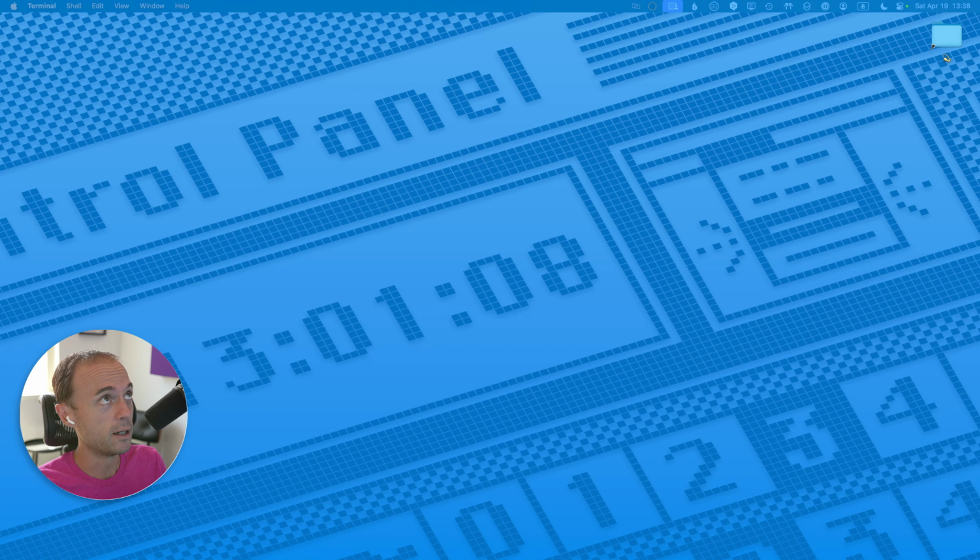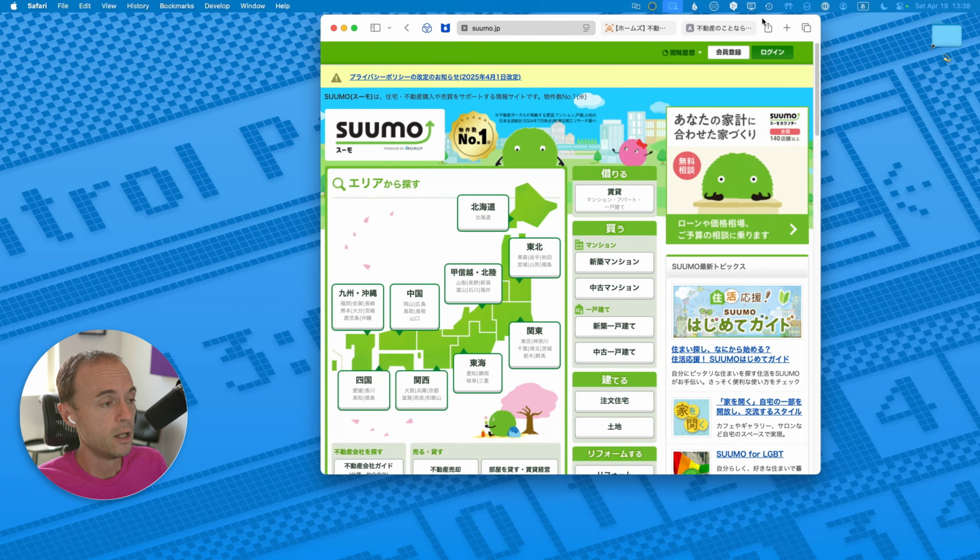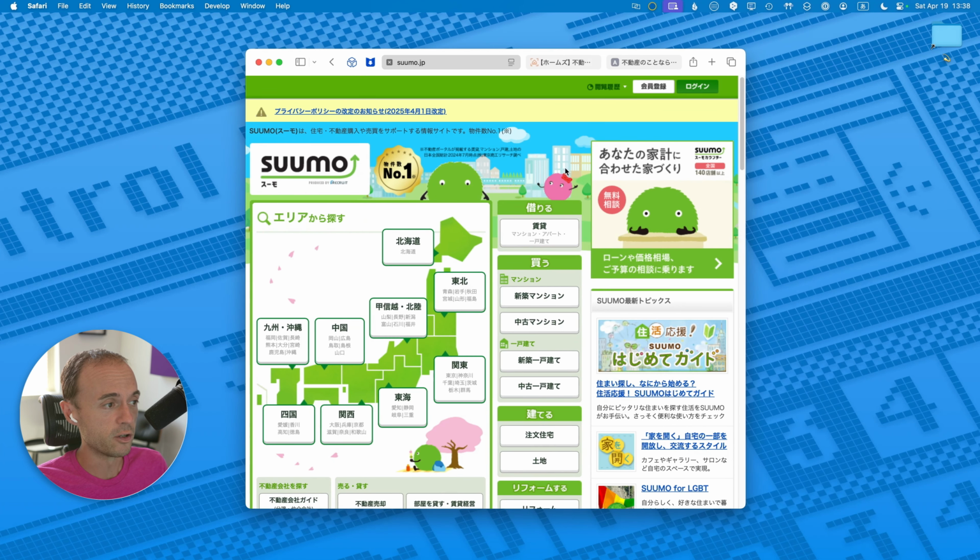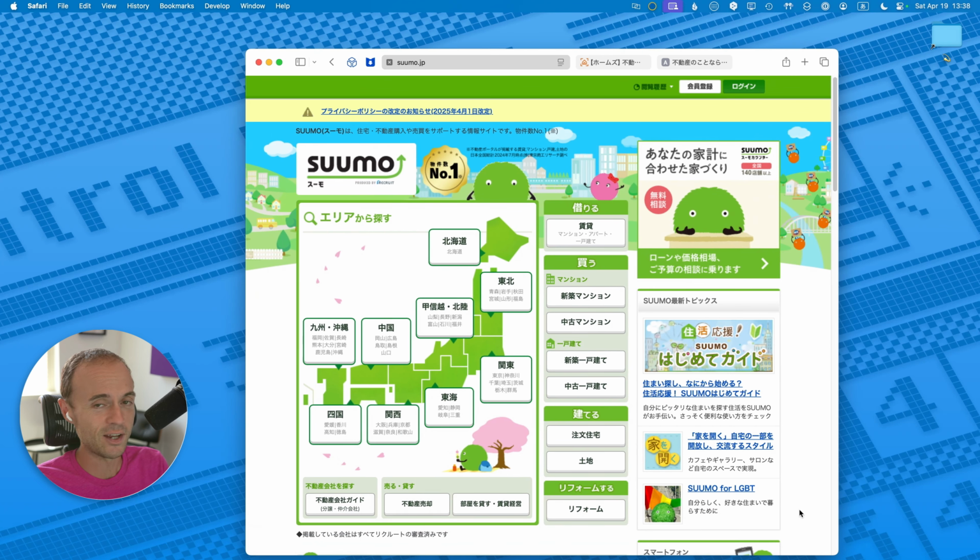Here are the rules of the game. I'll pull down a browser here to give you an idea of what I'm looking at. There are three big real estate sites that my Japanese friends have suggested that I look at. One is called Sumo. You see these ads everywhere in Japan in subways and stuff, and their mascot is literally a green furball guy,